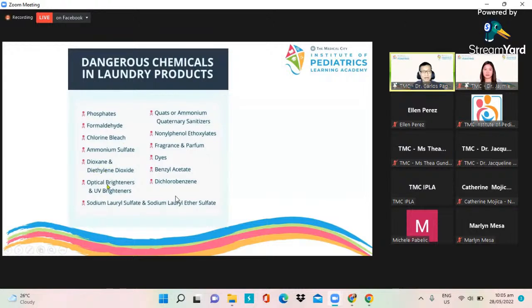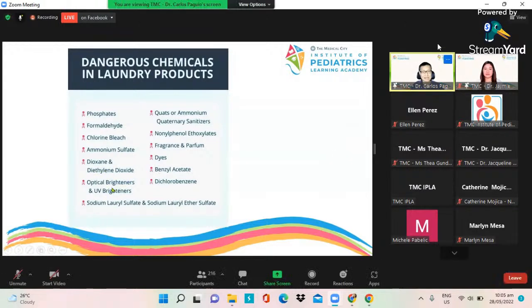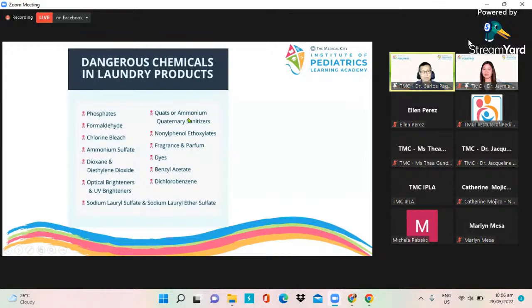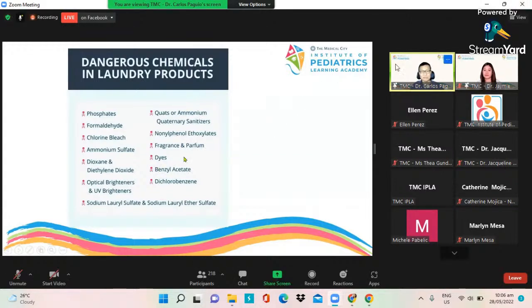Wala na yata yan. Brightener's. Minsan, ginilalagay nila yan. SLS, sodium lauryl sulfate. Madalas din yan, mga ammonia products. Siyempre, fragrances and perfumes. So, halos lahat naman may fragrances and perfumes. Deadly ba yan? Hindi naman po deadly, pero kapag sensitive ang balat nyo, ano mangyayari? Aalma yung sensitive skin nyo dahil sa fragrances, perfumes, coloring, and dyes. So, ayan po, mga watch out natin, ha?